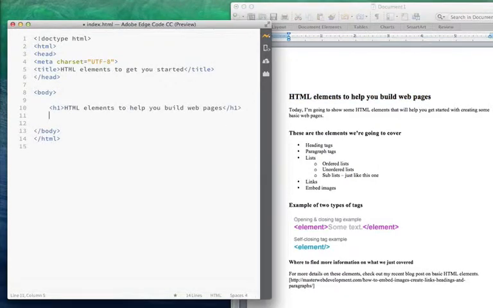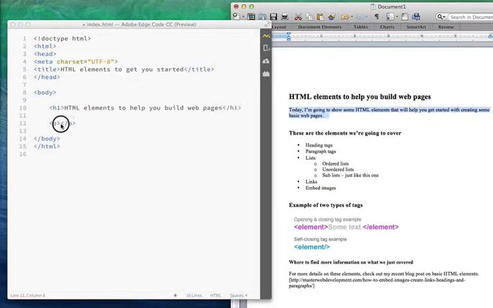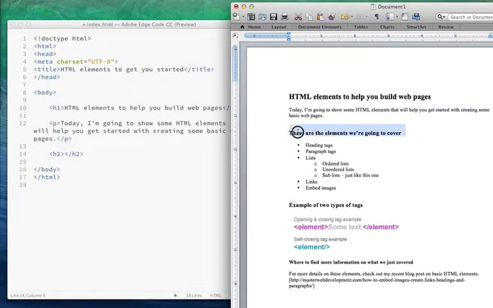And then it looks like right below that I have a paragraph tag. So to do that, we use the P tag. And I'll copy this content, paste it in. Then I have another heading tag, but this one is a supporting tag for this content that we're creating. So I'm going to use the H2 tag and copy it,